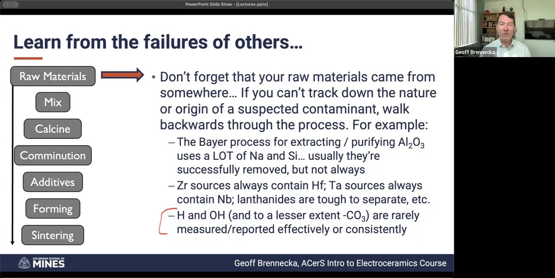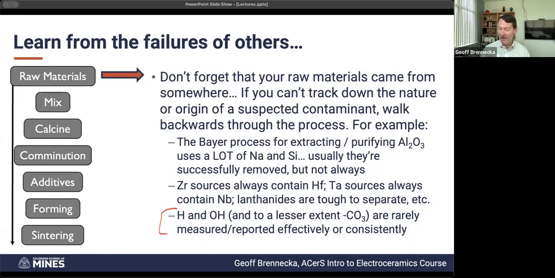Still have to deal with the humidity aspect, but I point out hydrogen and hydroxides in particular because they can be difficult to quantify. Not a lot of chemical analyses that we do on a regular basis will pick up extra hydrogen protons that happen to be hanging out. Only a handful of them will pick up hydroxides. So if you do FTIR, sure. But is that surface water that you can dry off at 200 C, or is it actually chemically bound and you have to go to 400 or 500 or 600 C? It's harder to tell. So just a reminder: know what you're starting with, because it's going to matter,